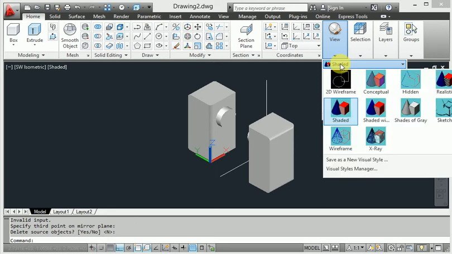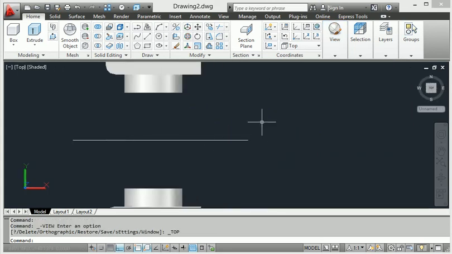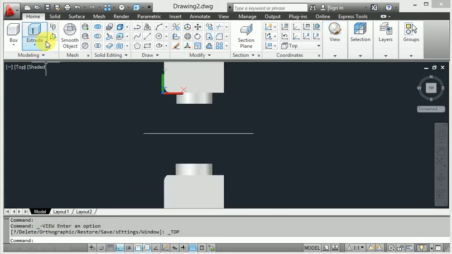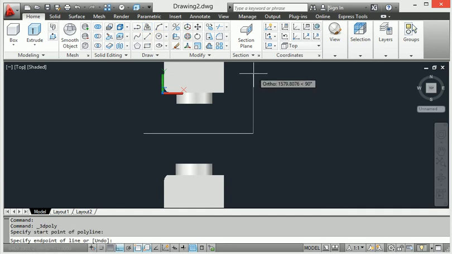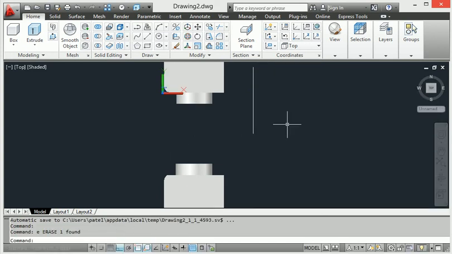Again I will show you another view here. I will go to top view again, then create the mirror. When I apply the 3D polyline again, start from here, this side, and this line is going to be removed.